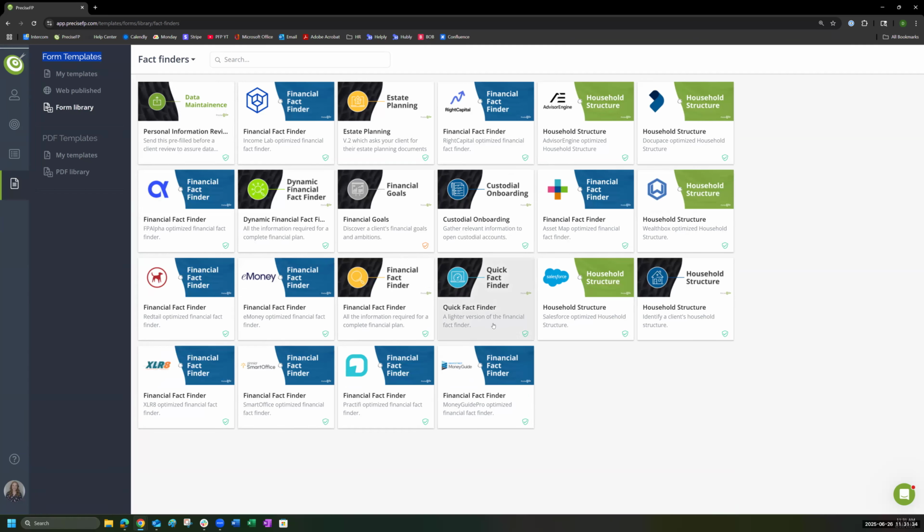The quick fact finder is going to be pre-built to have questions like, do you have children? And they're already set up to only make a group for children information appear if we answer yes, stays invisible if they answer no. Similarly, our dynamic financial fact finder in the form library is also pre-built with conditional visibility,